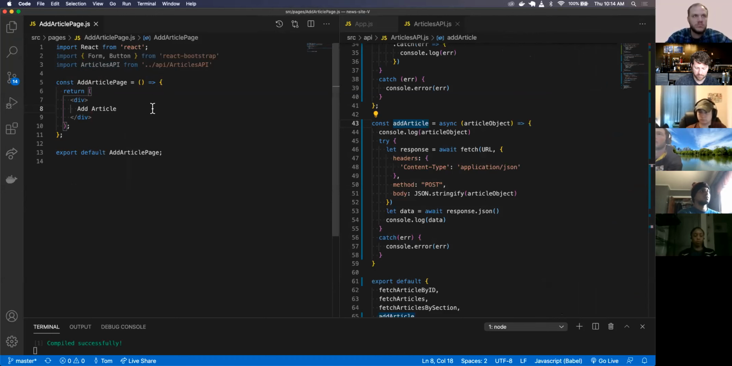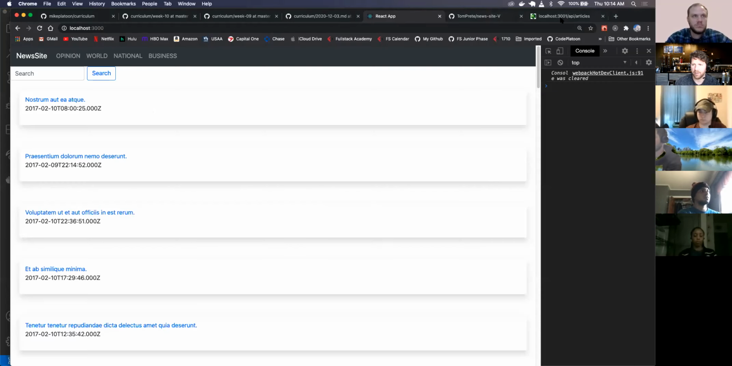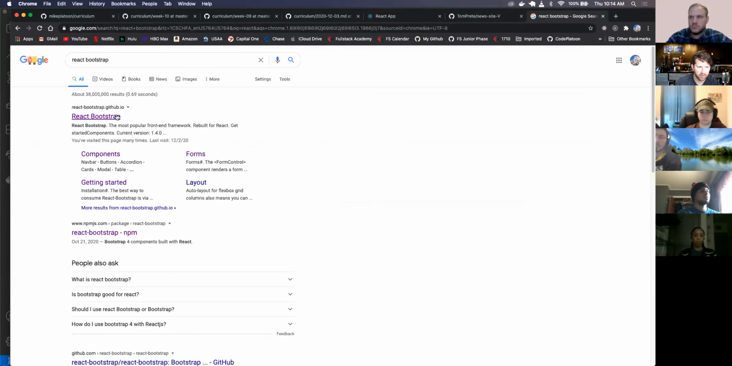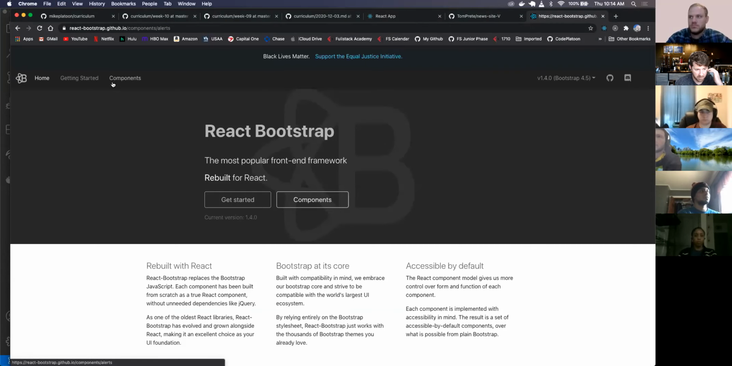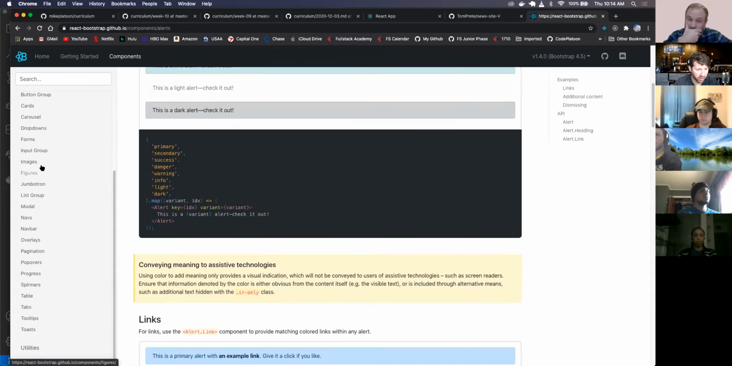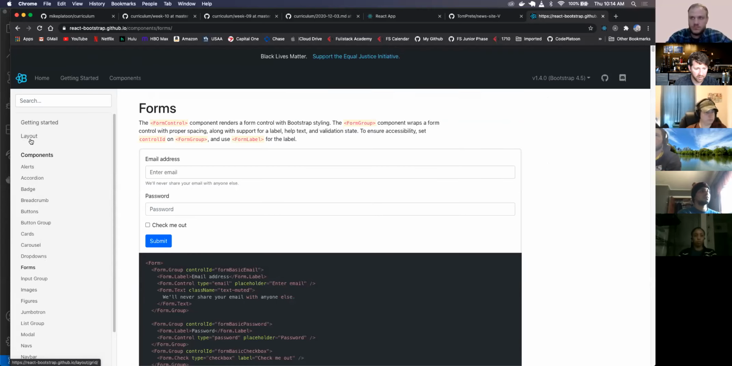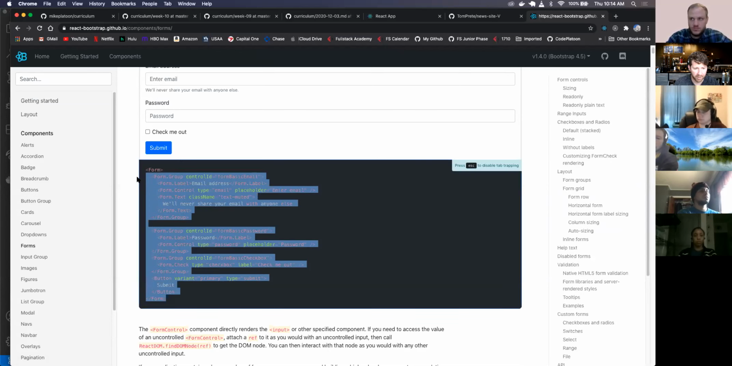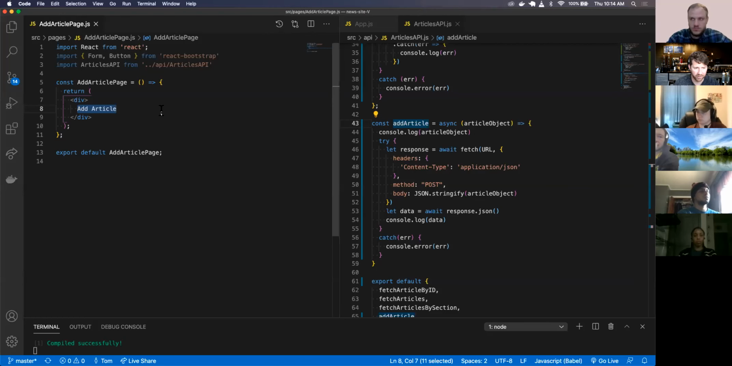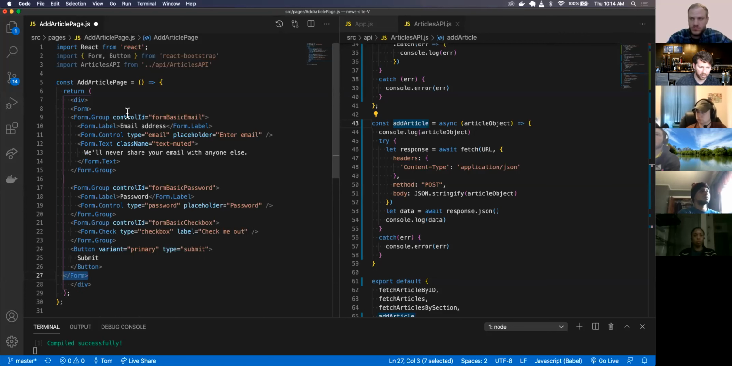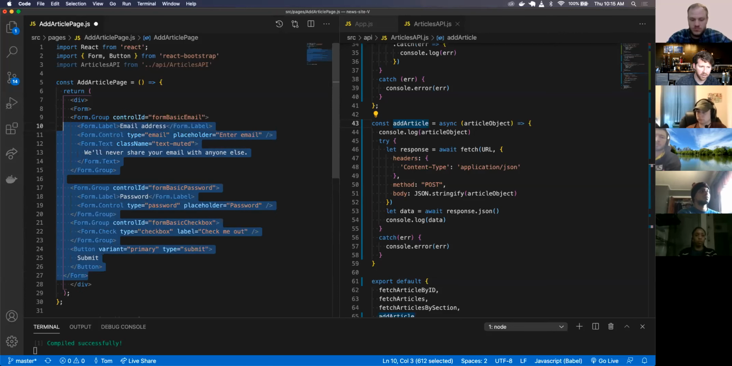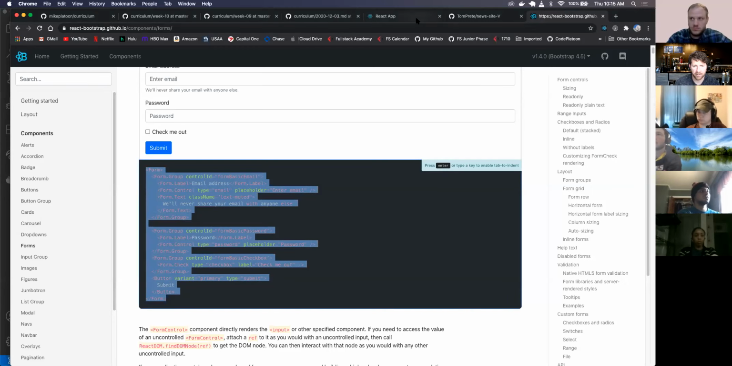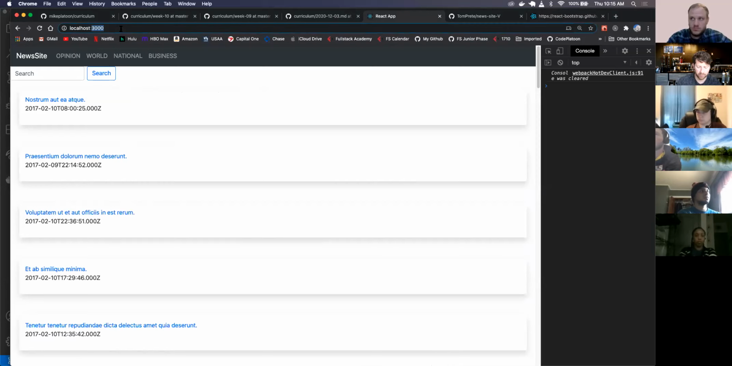So now I can say React Bootstrap. I can look at some components. Let's look down here. I can look at forms. I'm just going to copy this, and I'm going to edit this to conform for what I actually need. There we go. So if I refresh this and go to add article,